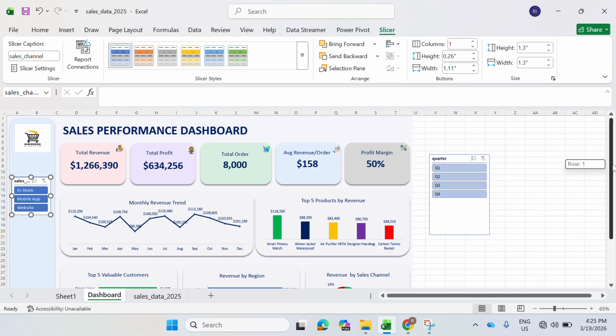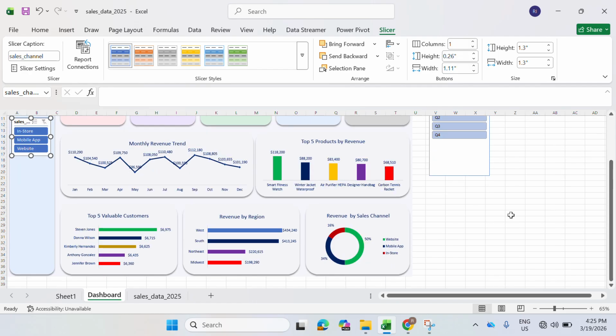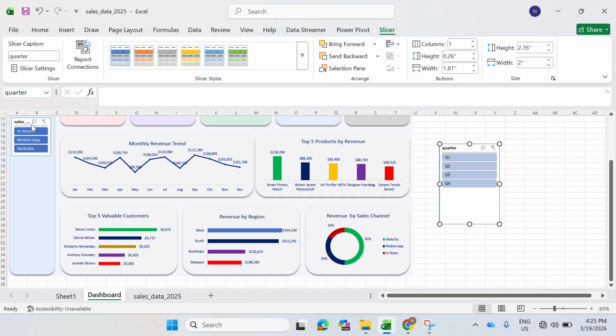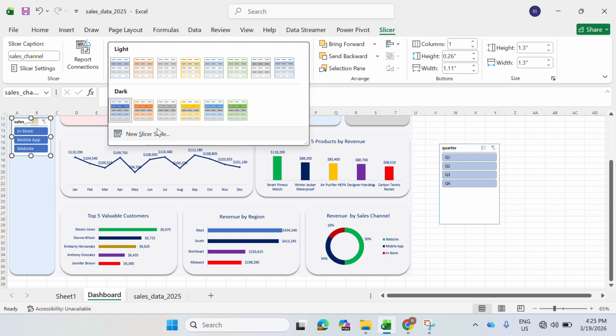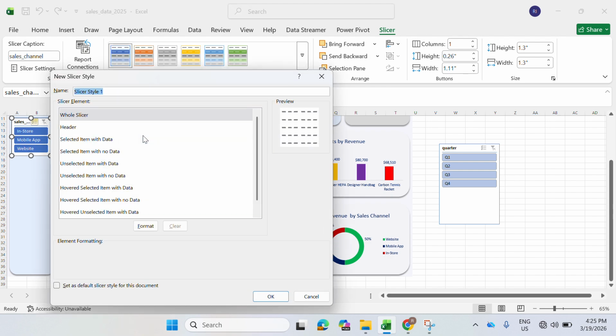We won't spend much time. I want to finish this under an hour. So now, let's take our time and do this. If you want to have a new slicer, what you just need to do is create a new slicer